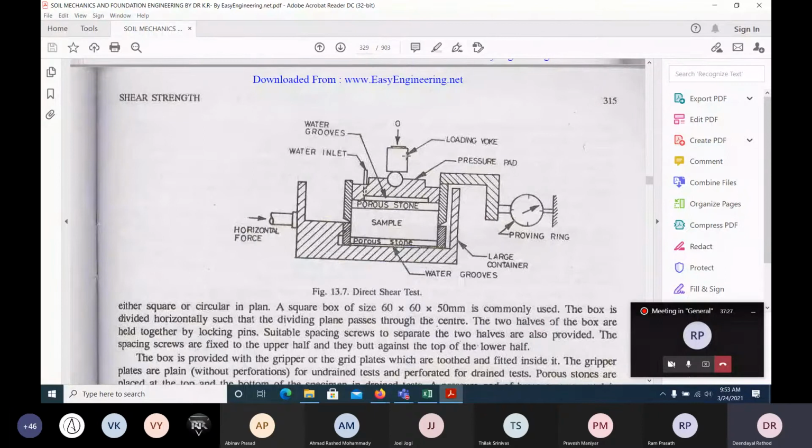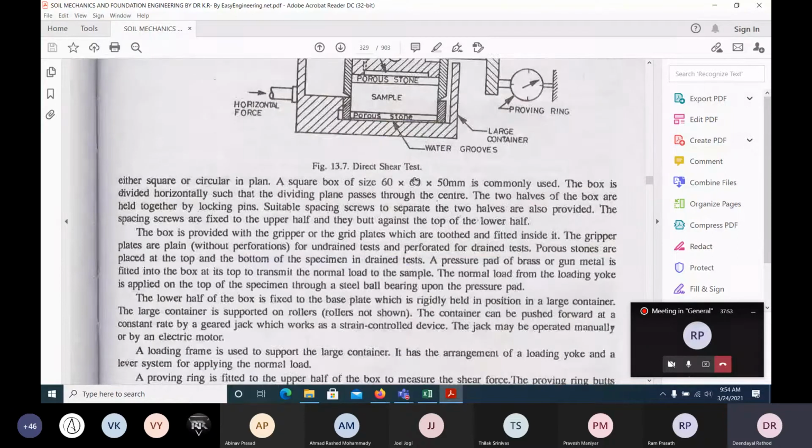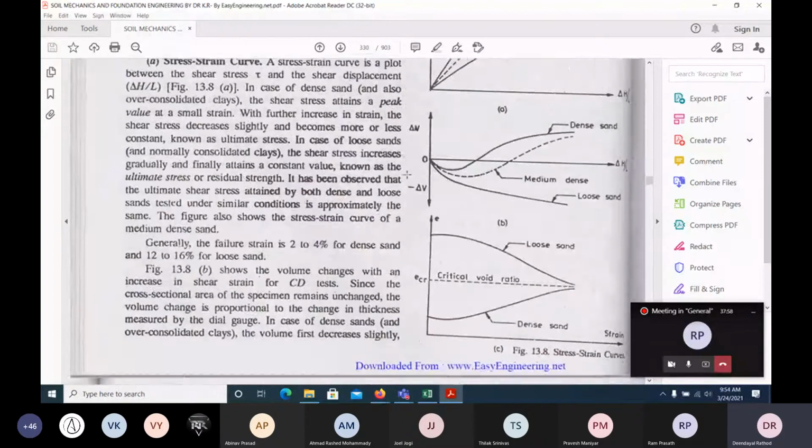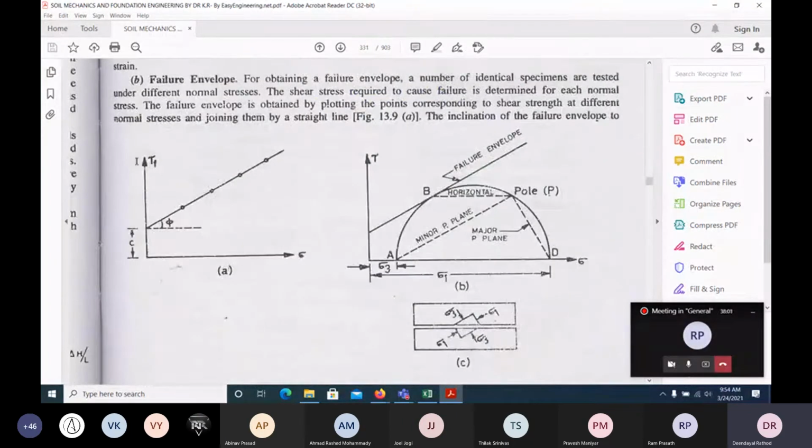That means what we have done is, the shear strength of a soil depends on the normal stress. That's what we have seen, it is a function of normal stress. Tau is equal to a function of normal stress sigma, that we saw in today's first sentence we read. That means shear stress depends on the normal stress. So likewise we'll keep on applying normal and shear loads, and we can plot the graph. Here it shows this graph.